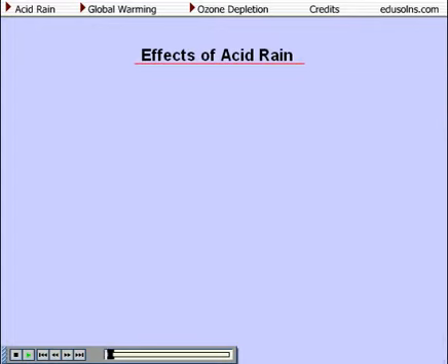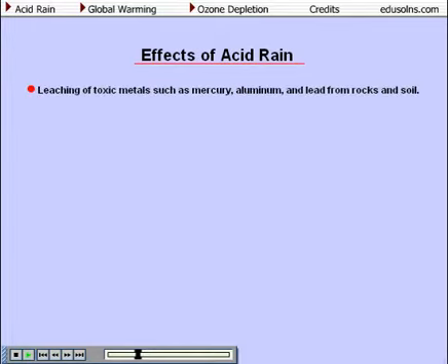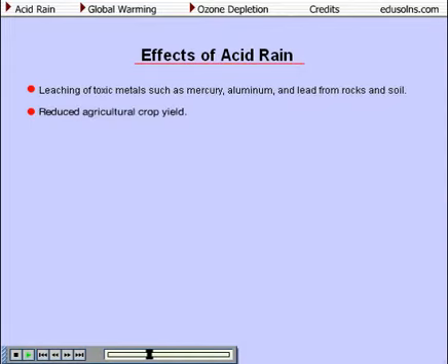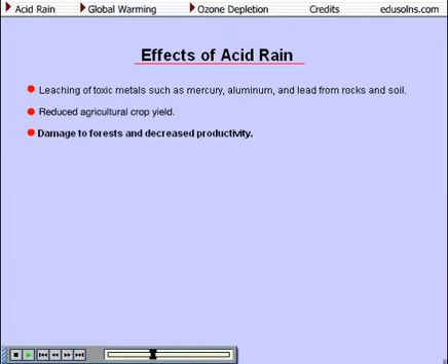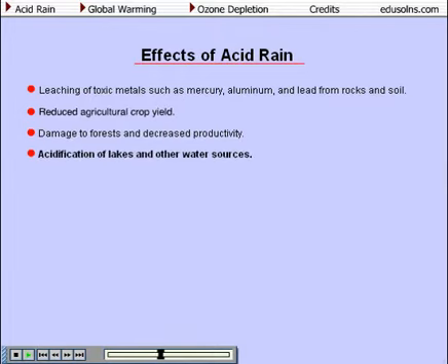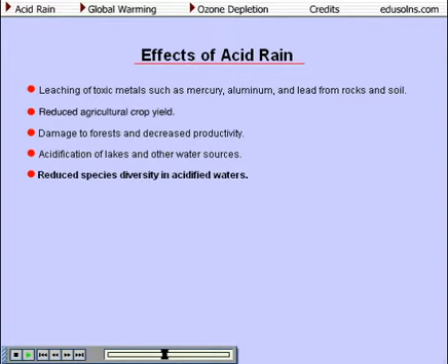Some direct effects of acid rain are hard to investigate because there are so many variables to consider, while other effects are more conspicuous. We can confirm, however, that acid rain adds an additional stress on natural ecosystems. Some of the effects include the leaching of toxic metals such as mercury, aluminum, and lead from rocks and soil, reduced agricultural crop yield, damage to forests and decreased productivity, acidification of lakes and other water sources, reduced species diversity